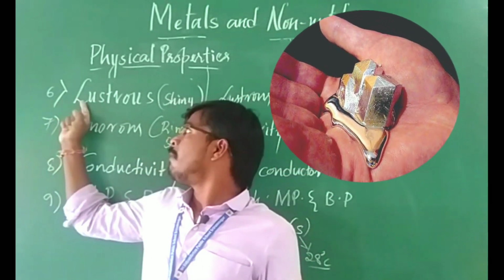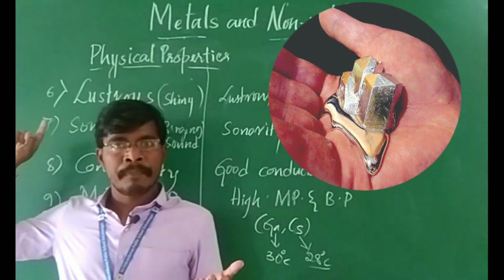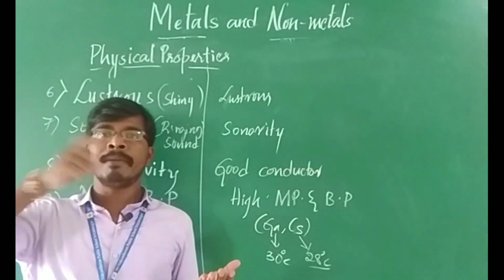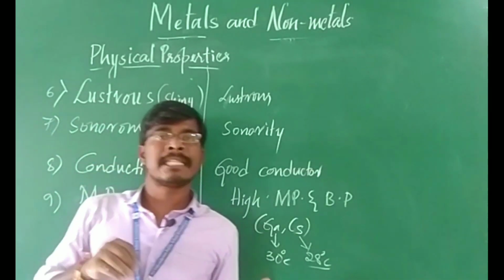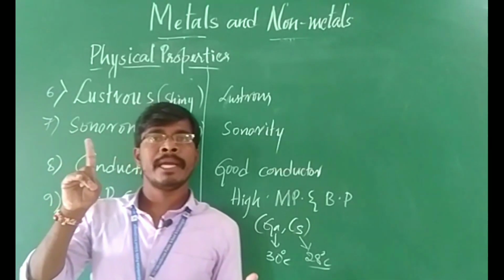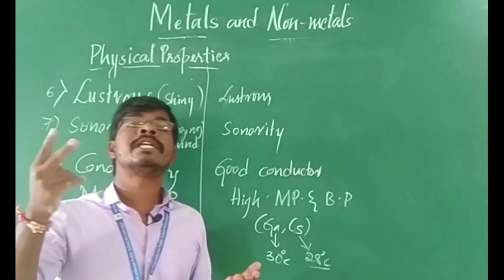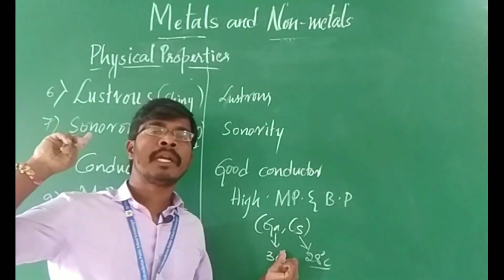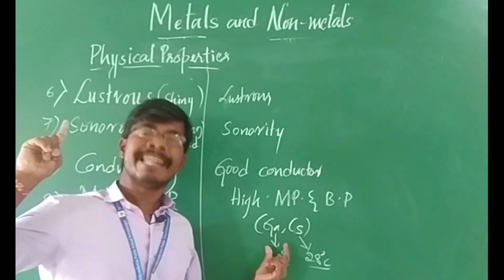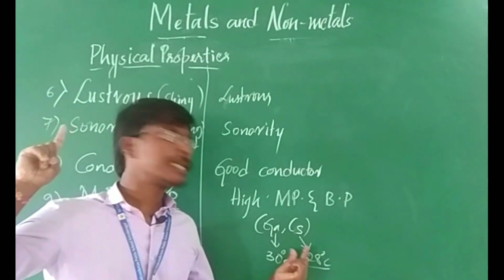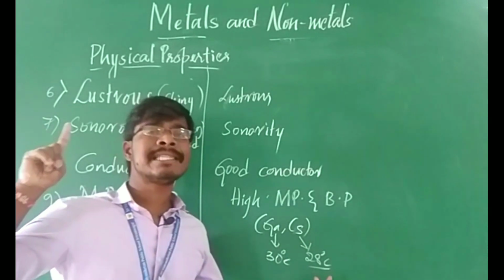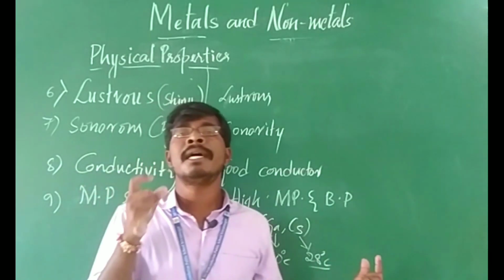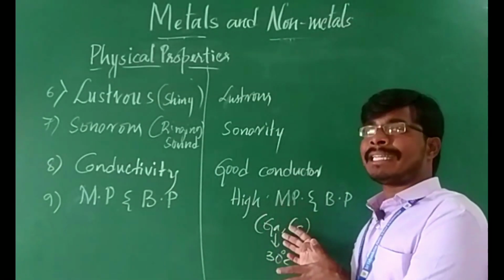While I was explaining the physical states of metals, I mentioned that all metals are solids, but some exceptional cases are given there. Mercury is always in the liquid state, and two more are gallium and cesium. In your textbook they may give only mercury, but here we can take these two also as exceptional cases, where gallium and cesium, at about 30 degrees Celsius, even at our body temperature, will melt and form a liquid state. So these are the exceptional cases.